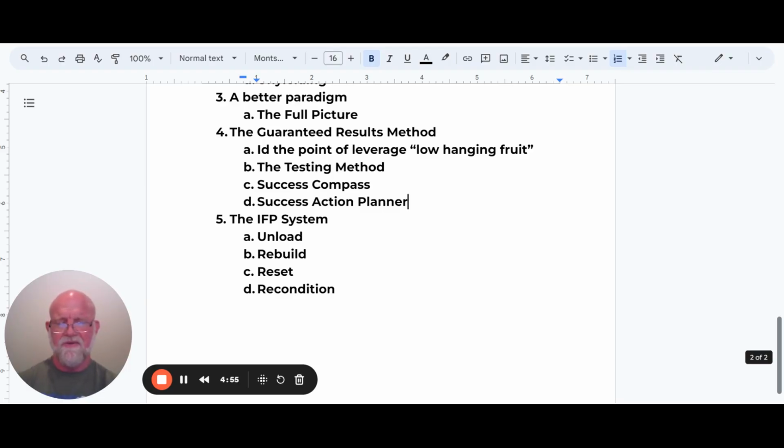So low-hanging fruit, all that means is if you think about like a fruit tree, low-hanging fruit, if it's ripe, it's right in front of you. It's easy to get to. It's your lowest energy effort. So you're using the least amount of effort to get what it is you want. And it's safe. You don't have to climb the tree at all, right?